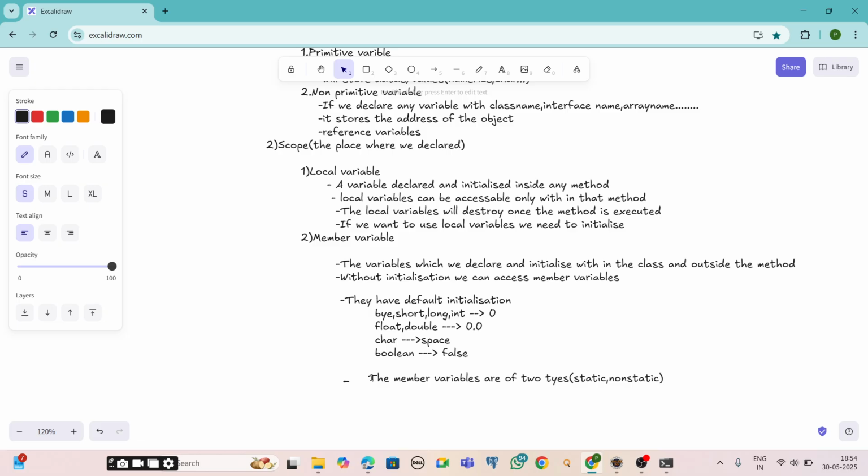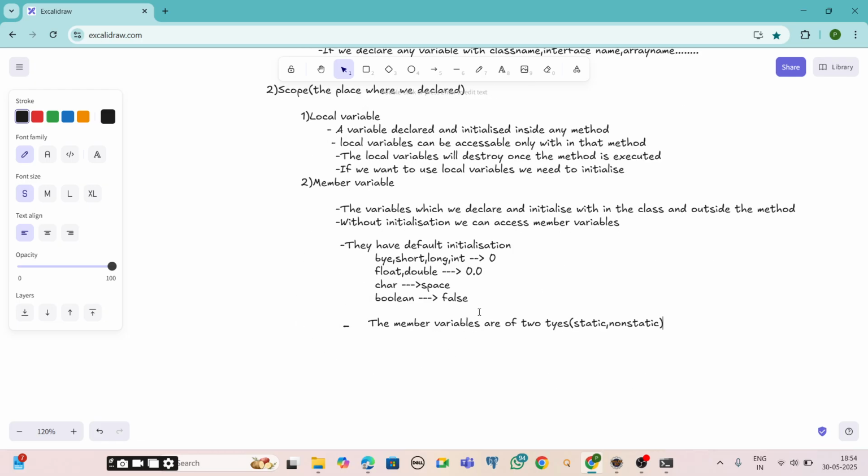So this is about member variables and local variables. Local variables are created inside the method and are accessible only within that method.